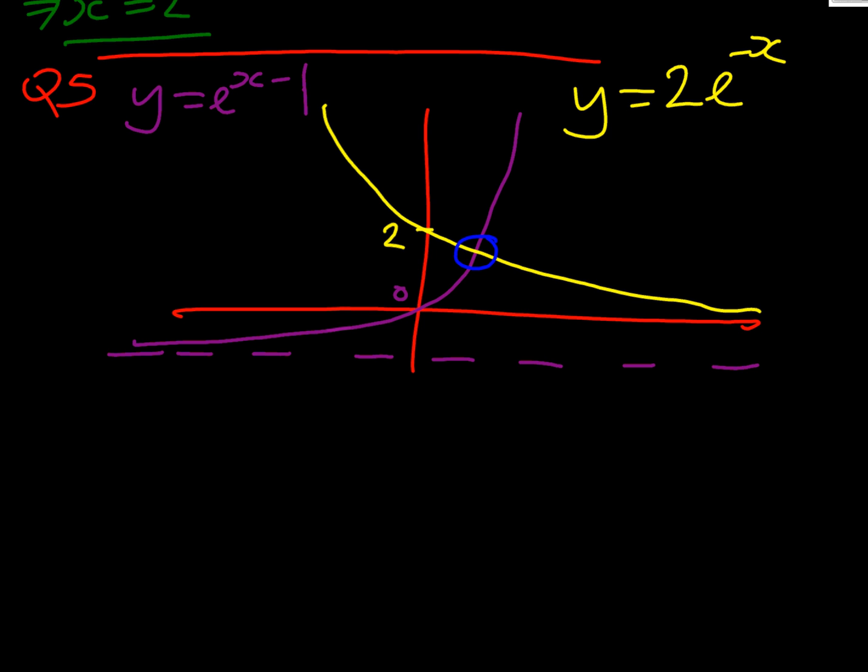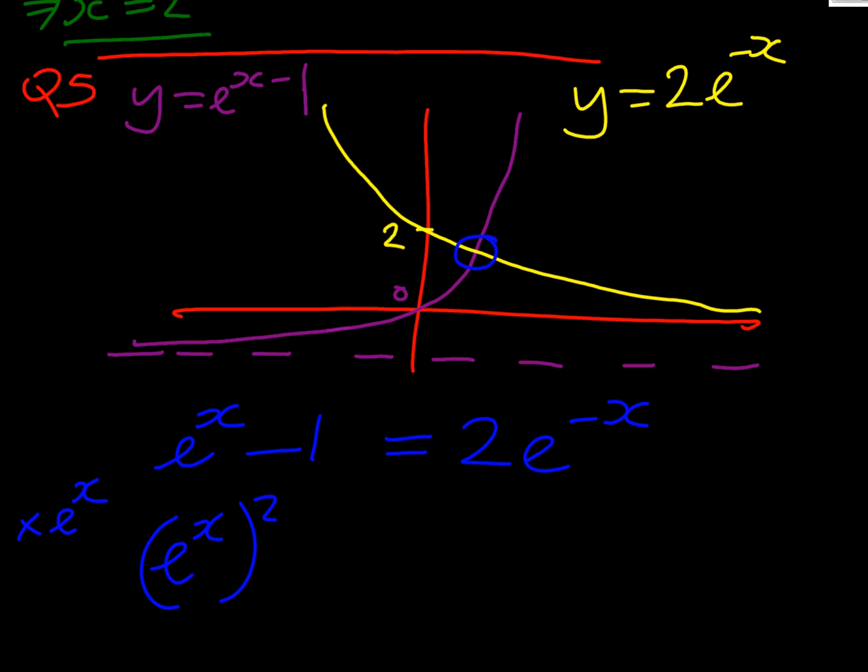So we can't do it graphically, we're going to do it exactly. So we're going to equate these two functions. So e to the x minus 1 must equal 2e to the minus x. Now, using our knowledge that e to the minus x is 1 over e to the x, we want to get this into an equation in e to the x. So if we multiply through the whole equation by e to the x, we end up with e to the x all squared minus e to the x equals 2. And to make it even clearer, substitute in z equals e to the x. What we've got here is z squared minus z equals 2,